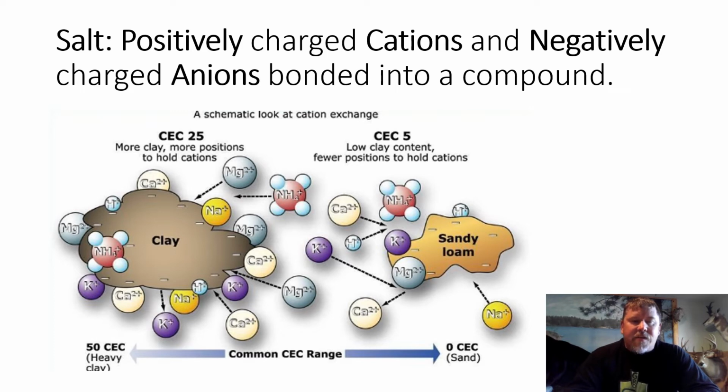So anytime you guys are spreading granular fertilizer on your soil, you are putting down compounds of the nutrients that we're looking for, bonded into a salt form, into your soil, hoping that these nutrients are going to become soluble and are going to find their way to the root zone for that plant to uptake